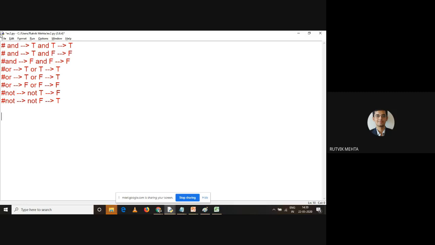Generally, we keep this condition for students that if their attendance is 75 and previous semester ATKT should not be more than 2, right? Then and then the student is eligible for the next semester exam, right? So I want to make this rule for students. I want to make it in a programmatic way, right?